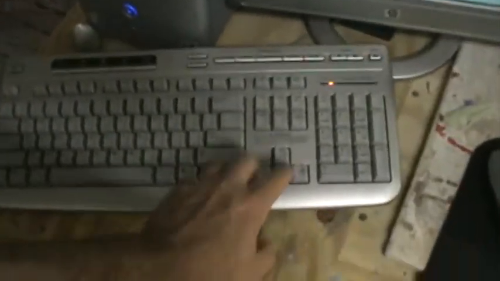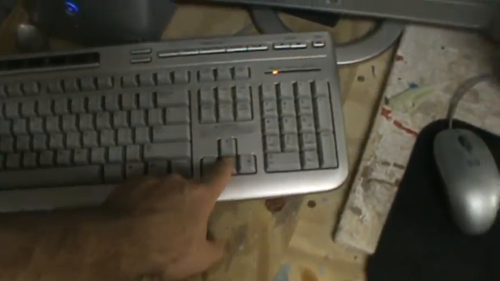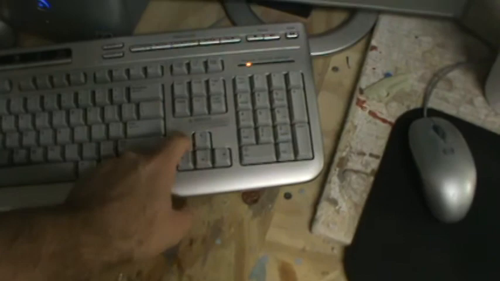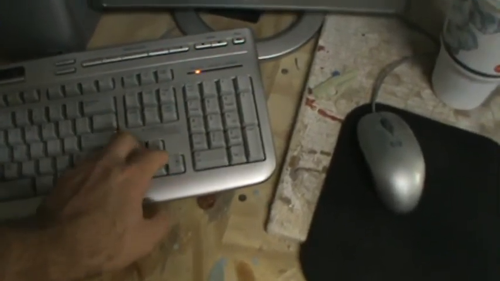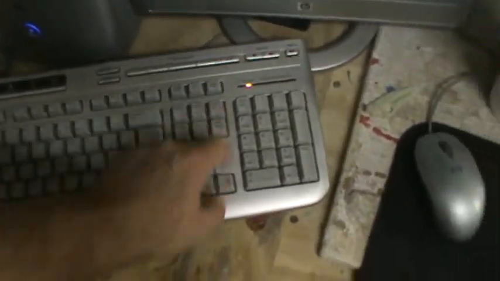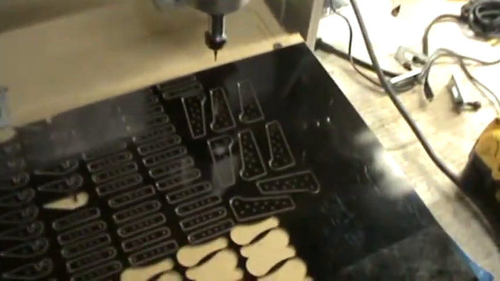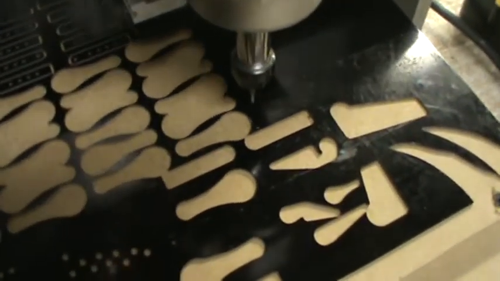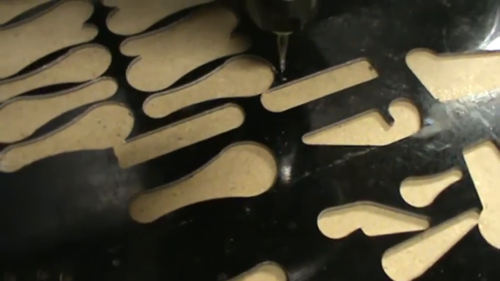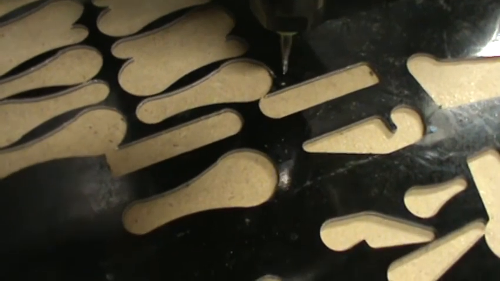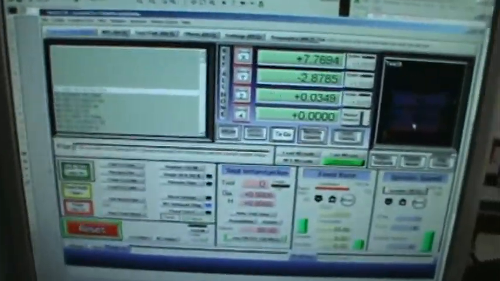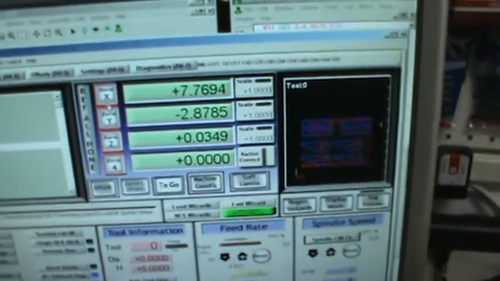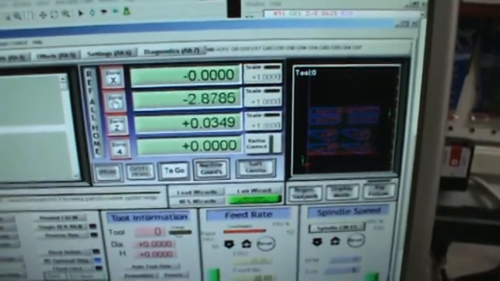So coming over here to our laptop, I'm just going to hit the arrow keys, or jogs your X, Y, Z, or X and Y. Page up, page down does your Z axis. So I'm going to jog the tool bit down here to the bottom corner. I'm going to lower the Z bit a little bit so I can make sure I got exactly where I want it. Then I'm going to come over here to Mach 3, and select 0X, 0Y,